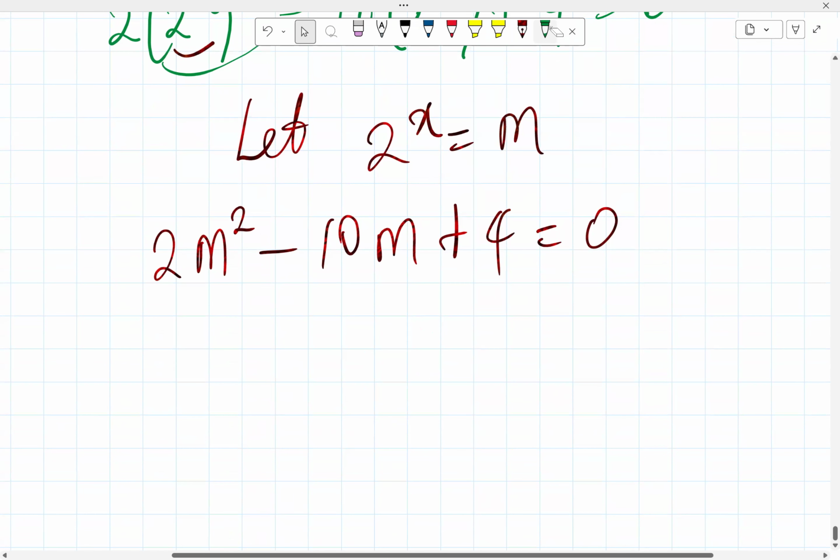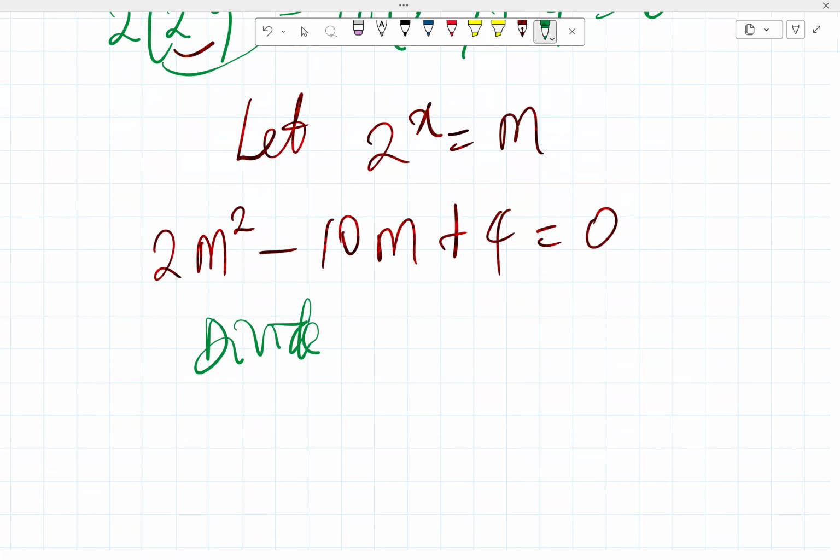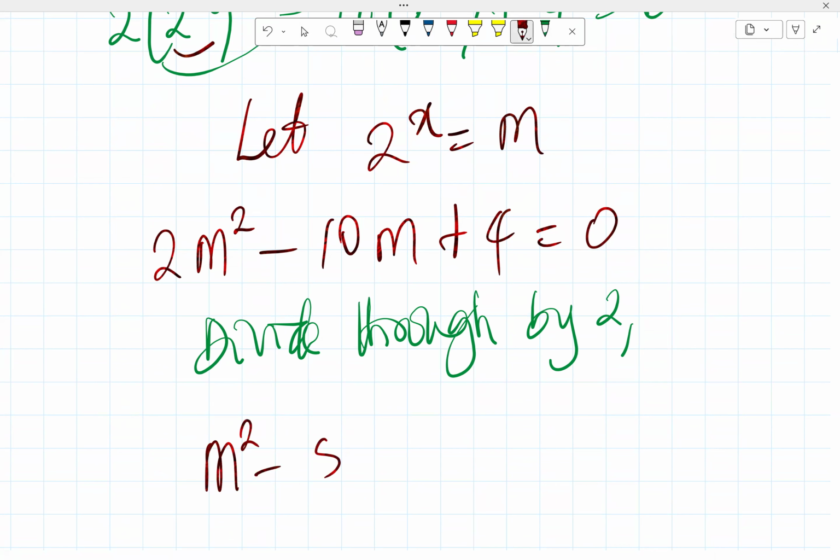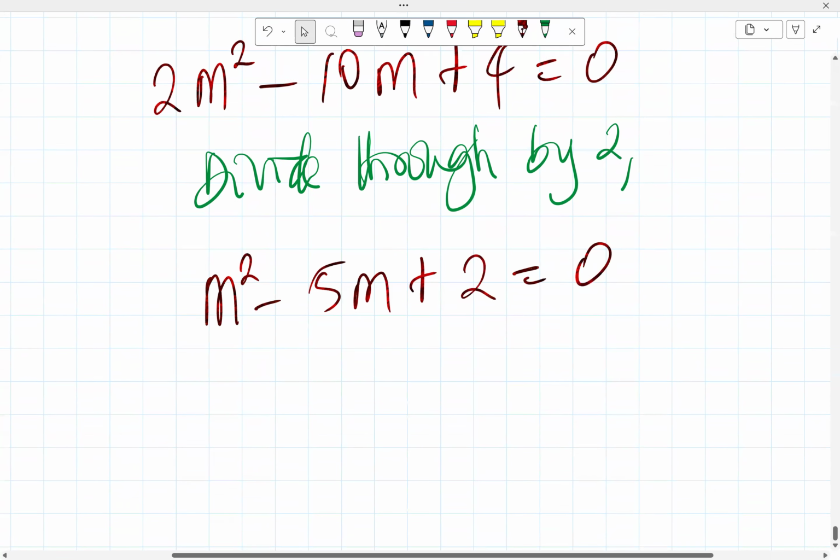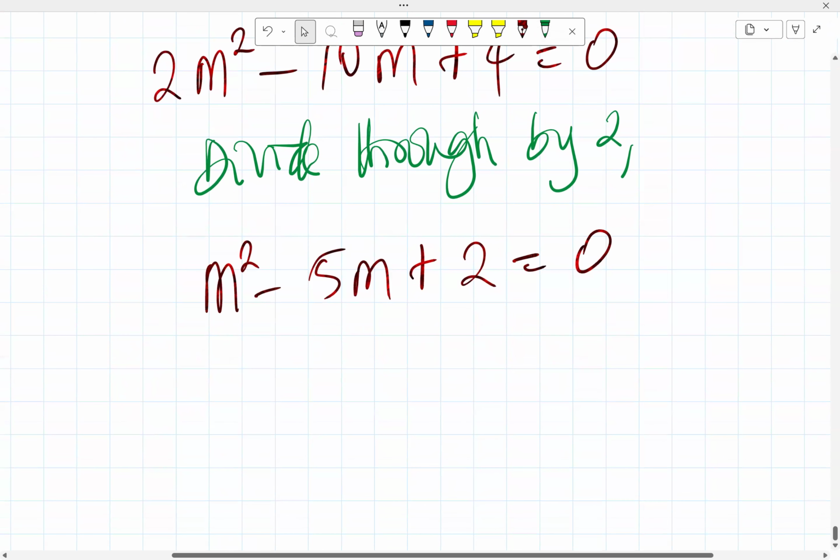So divide through by 2. So it means we have m squared minus 5m plus 2 equals 0. Okay, so from this now, it looks like we can't factorize directly, but we can surely get m using the quadratic formula: